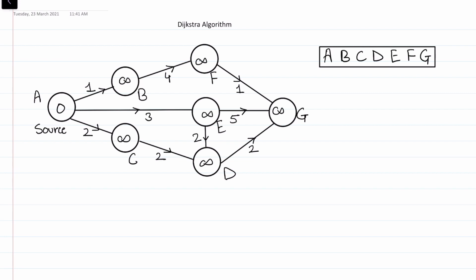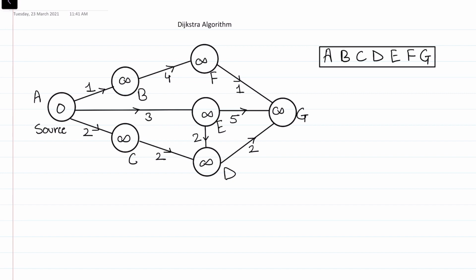In Dijkstra algorithm, we have two sets. The first set contains all the nodes whose edges we haven't relaxed, and the second set contains the nodes whose edges have been relaxed. So then we have to find the minimum distance value among the first set. Now we have only two values, zeros and infinities, and the minimum distance value here is 0. So we relax all the outgoing edges from the node with 0, or the node A.